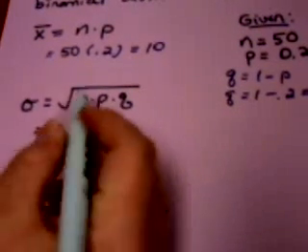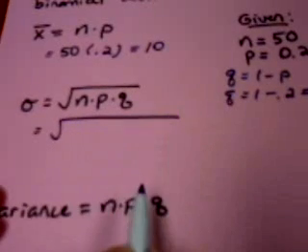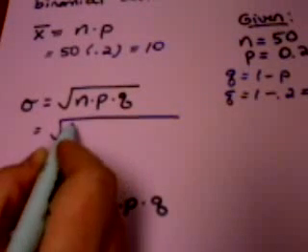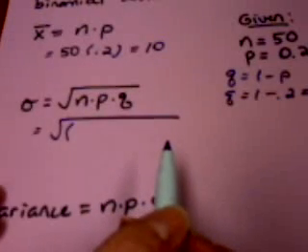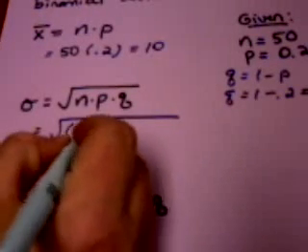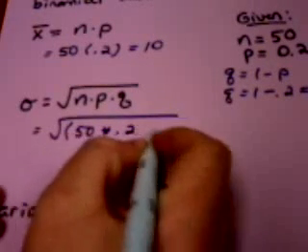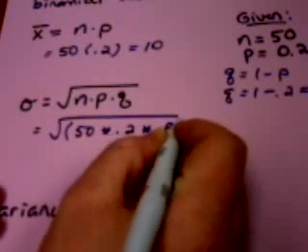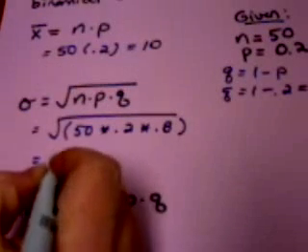Okay, then we're going to do the standard deviation. So it's the square root. Now be careful, because when you type this in, your calculator automatically puts a parenthesis there. So don't use parentheses to symbolize the multiplication. And then you're going to do 50 times 0.2 times 0.8. Then close your parenthesis, or you will get the wrong answer. Alright, so I'm going to do the square root of 50 times 0.2 times 0.8,